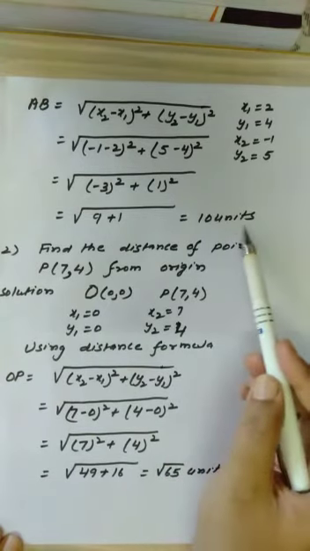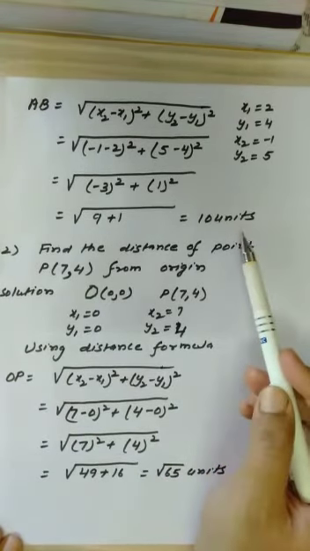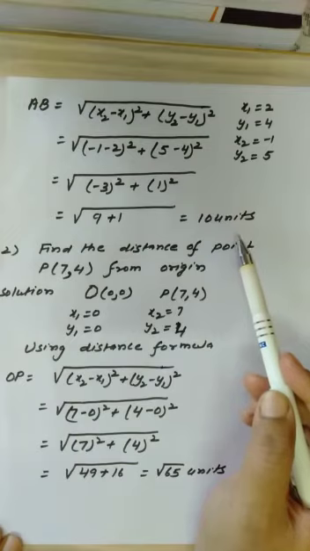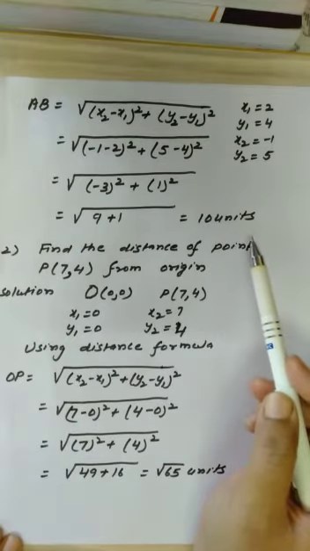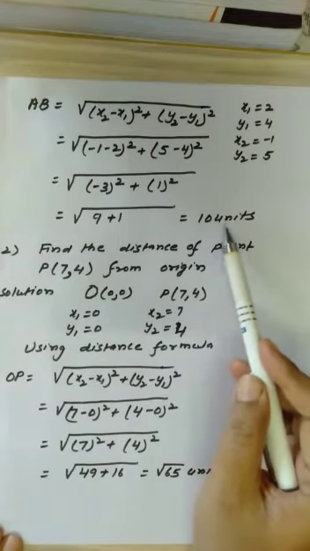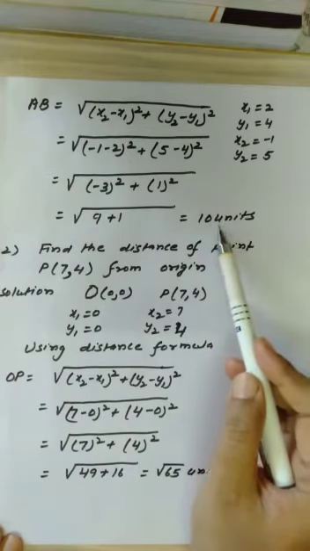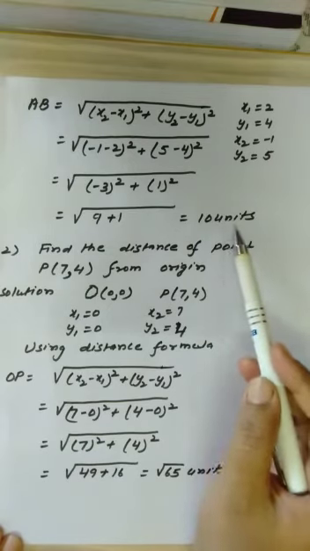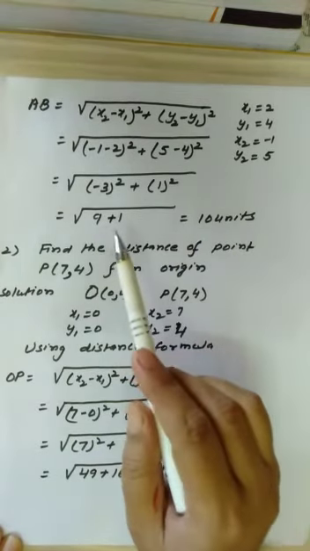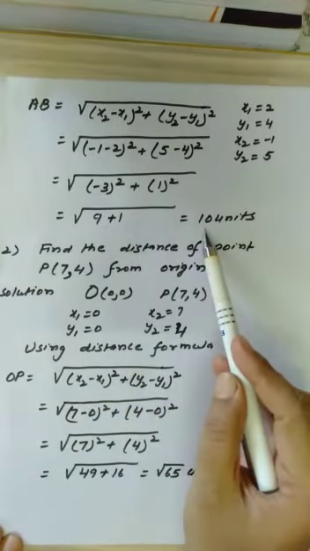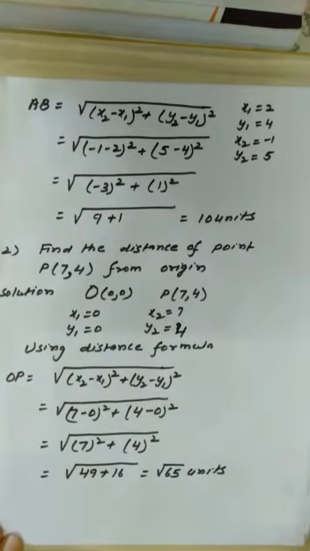The distance is square root of 10 units. We always write units with the distance, whether the distance is in centimeters, meters, kilometers, whatever it is. When we are not given any unit, whatever distance we calculate, we write units with it. So what is the distance between the given 2 points A and B? It is square root of 10 units. Now let's understand again with the help of another example.